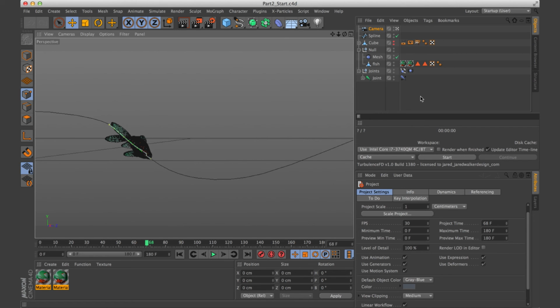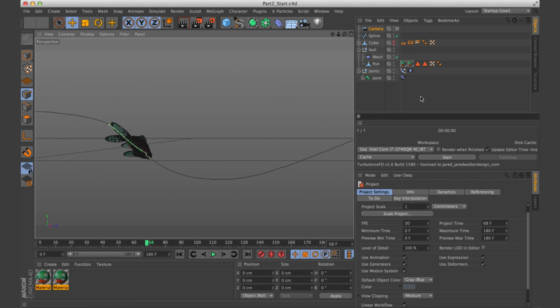And if you guys don't have the full version of the plugin, you can actually go and get a demo version. And it'll do just about everything that the full version does, except when you go to render it out, it'll just have some watermarks on it. Just a little heads up about the demo version though. If you save some projects in the demo version, when you upgrade to the full version, you actually won't be able to open up those projects and use them again. Well, you can open up the projects, but your Turbulence FD simulations won't work in the full version. So just a heads up.